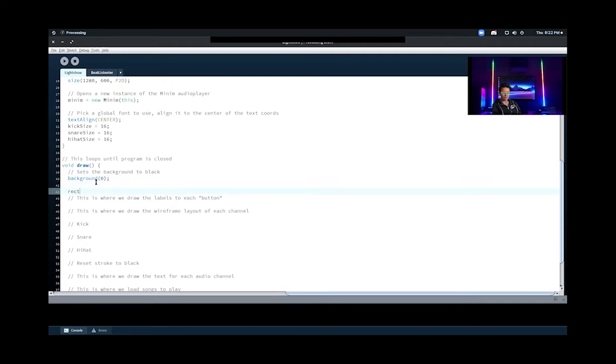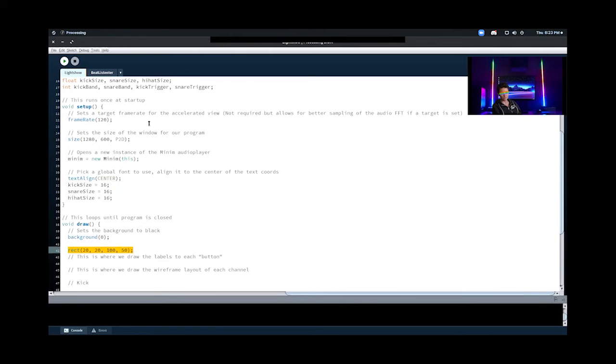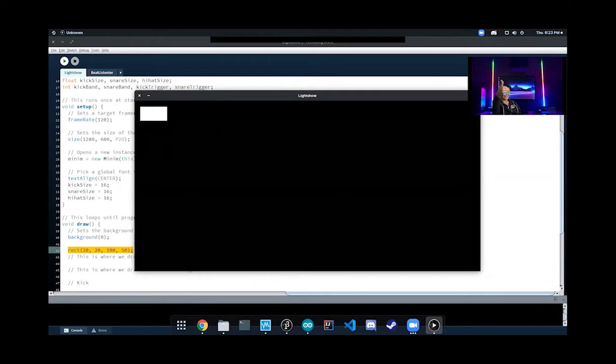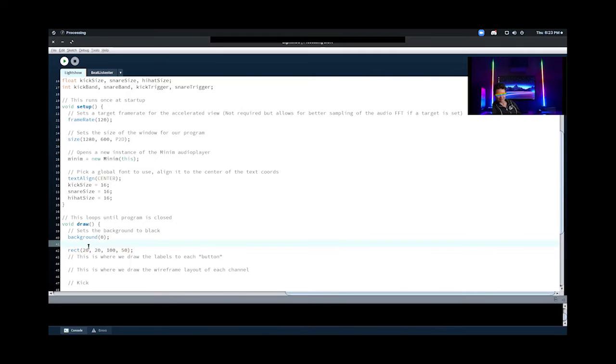You could do rect. This isn't part of the code, but I'm just drawing it out there. So this is how you make a rectangle. You can set it at coordinates X and Y, and then it's 100 by 50. So that's actually how you would draw a rectangle. And I can show you by running it that it just draws a rectangle like that. If you wanted to make it go across the screen, because the background's always been set to black every time it loops, you could